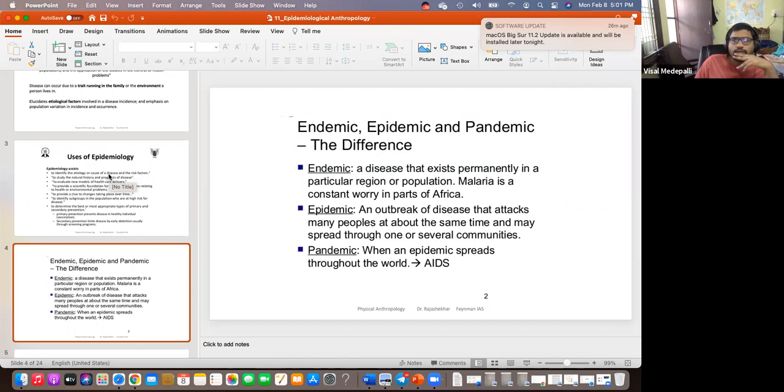Sir, in one of the articles I had also read about the nature of transmission, say one person to one person, then it becomes endemic. So how does a pandemic become endemic? In a pandemic, one person may be transmitting to multiple people, but when the infection rates decrease, it becomes an epidemic and then endemic, where it is only present in localized areas, with one person to one person or less.